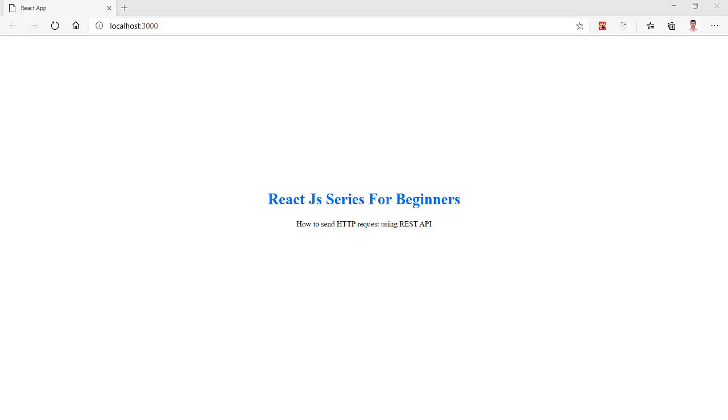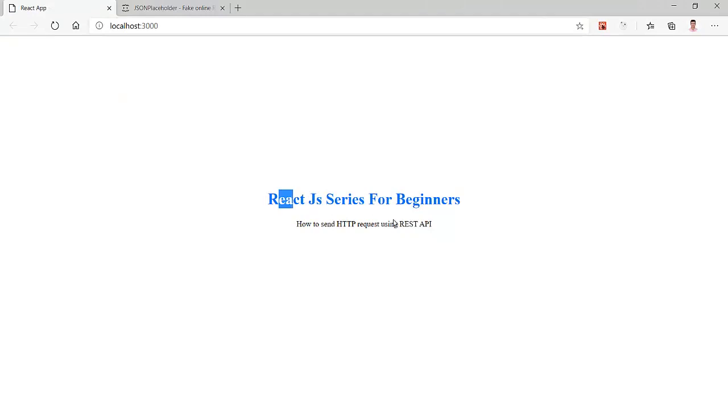I will tell two methods here. First is with the Axios package, and second is with only the fetch function. The fetch function can also be used; that is just basic JavaScript. But for React.js, the most suitable is the Axios package. You can send any type of request with Axios. So let's see.